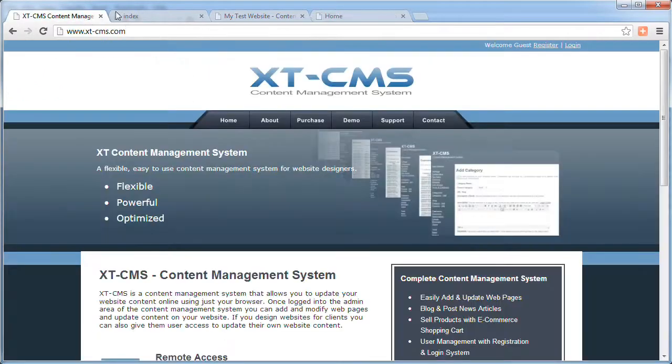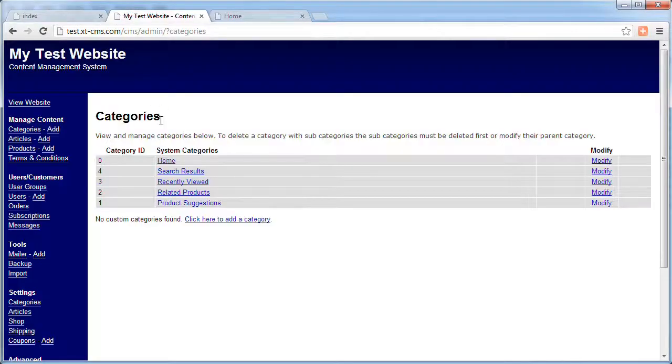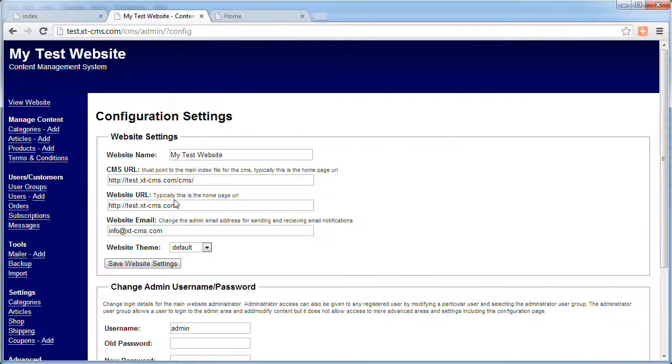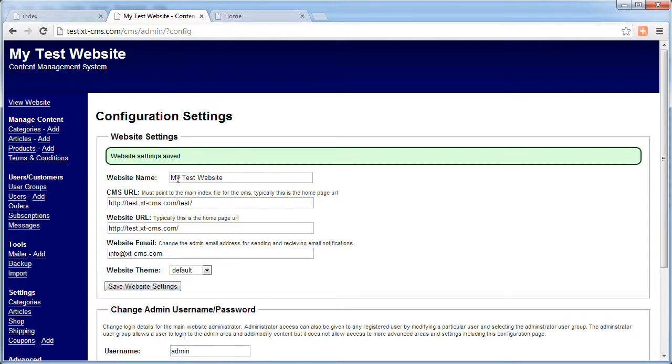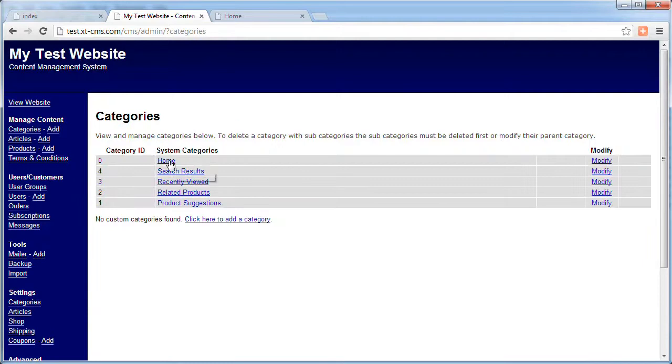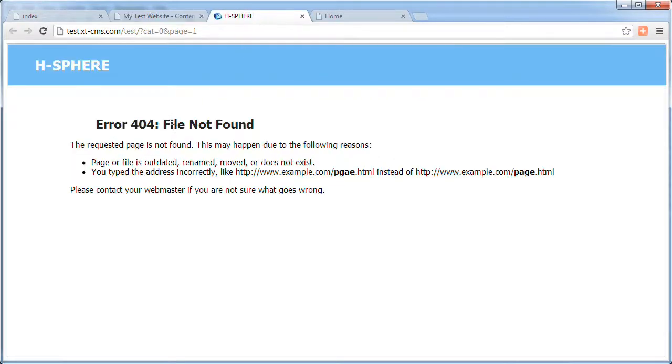So to show you quickly, let me just close this, if I go back to the configuration page again, and if I change that to say something crazy, just like test for the sake of it, and save website settings. Okay, now when I go back to the categories page, I don't know if you can see down the status bar at the bottom left here, when I hover over it, but it actually shows it's generating the links now with test in there instead of CMS. And if I open this page, obviously I'm going to get a 404 file not found. You can see up here test is here,